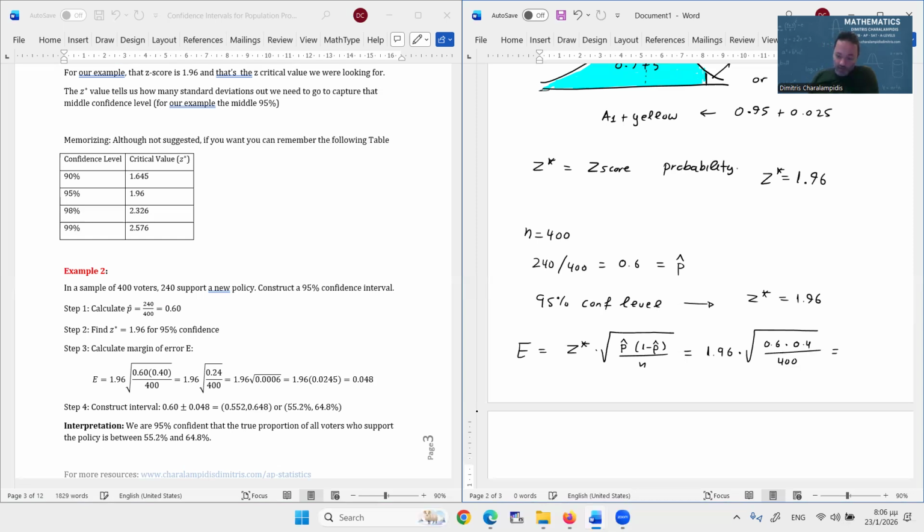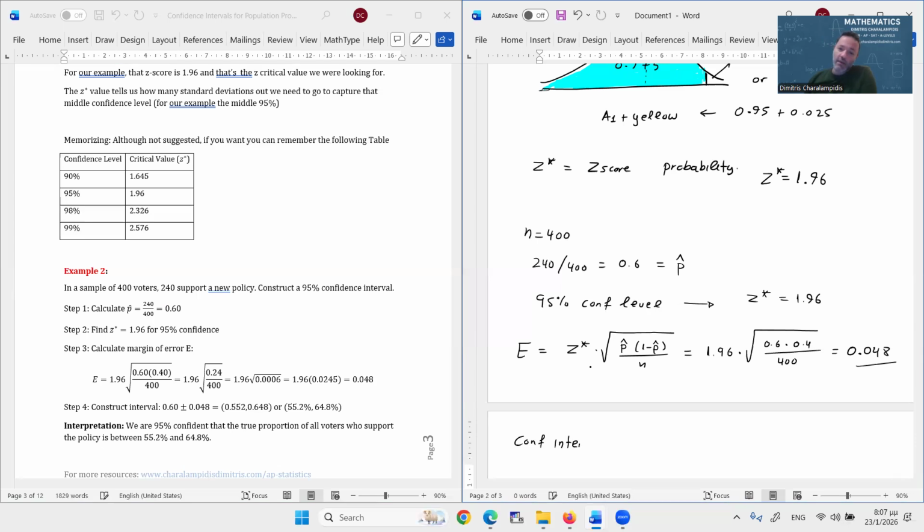If I do that, I'm using my Casio FX CG40 to do my operations, and I just found that it's 0.04800999896. So in three decimals, it would be approximately equal to 0.048,